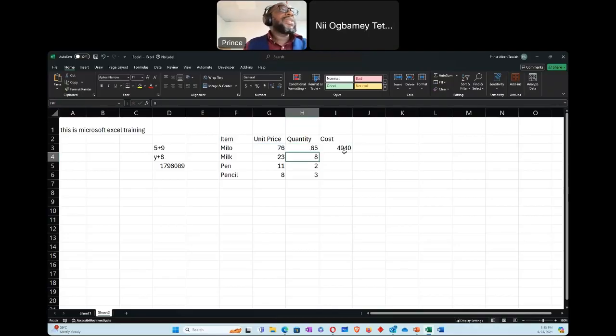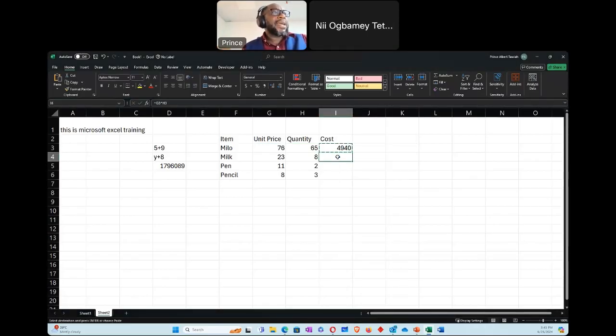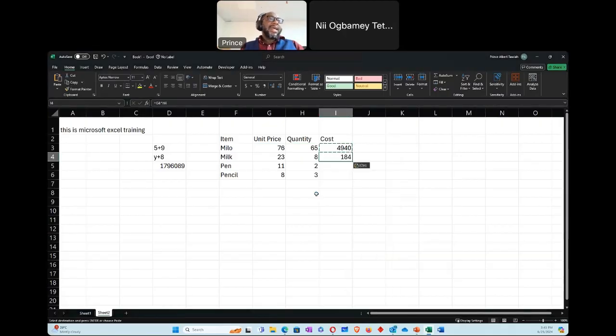And once you've done it for one, you can easily copy the formula. So if I come here and I decide, okay, let me copy this, and I come here and paste it, you see that it did not paste 4940 there. It pastes 184, which is the calculation for this one. So if you go back, this is 23 multiplied by this.